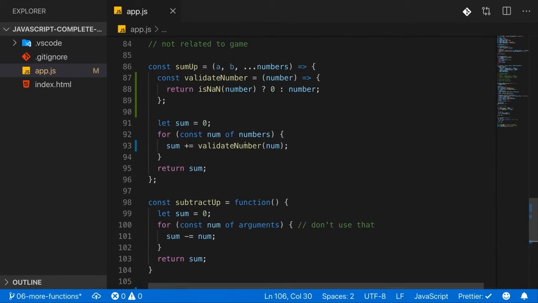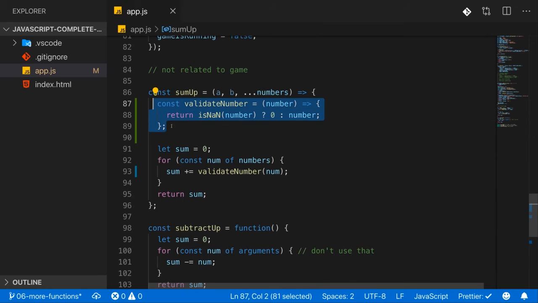But it's not so much about the logic I added here. You can argue if that makes sense or not. The important thing is that this is now a function which is only available inside of this function. Now, should you therefore only create functions inside of functions? It depends. Most of the time, in the vast majority of cases, global functions are the thing which you want,